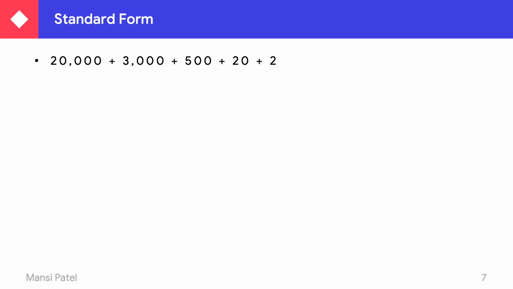The number which is written on the place of the number which indicates the thousand, that number you have to write down under the place of thousand. Then after the number which indicates hundreds, that you have to write down under the hundreds group. Then in the hundreds place, then tens and ones. So the standard form of 20,000 plus 3,000 plus 500 plus 20 plus 2 is